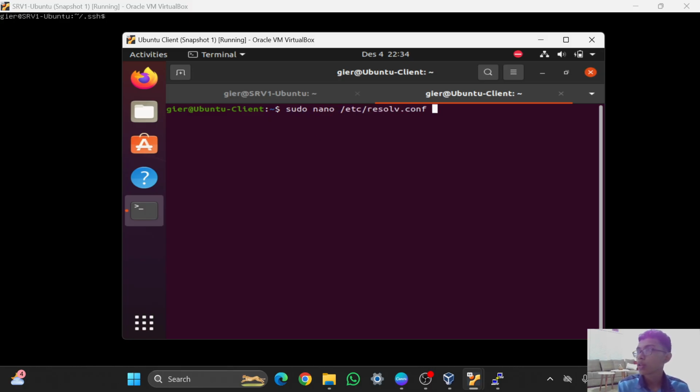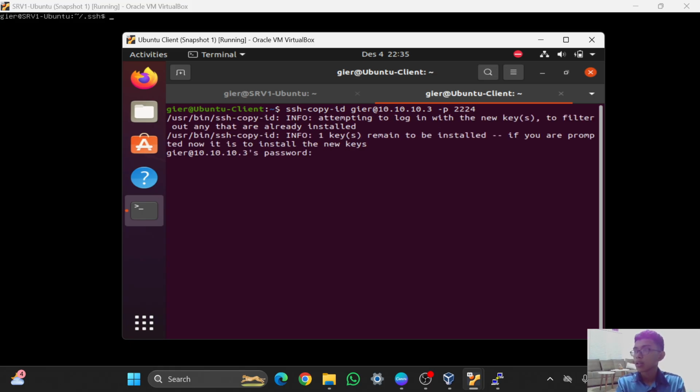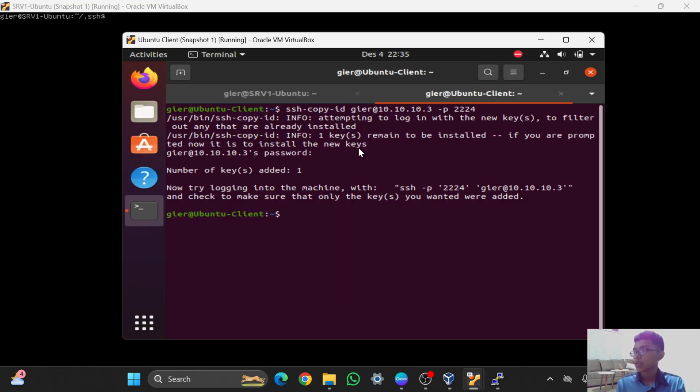I will try to import that public key into the server 2, using, I kind of forgot, ssh-copy-id, and then the user, gr, and then add the IP of the server 2, it is this one, and don't forget the port, which is this one, and enter. And for the password, it is this one. Oh yeah, and as you can see right now, it has been successfully added.